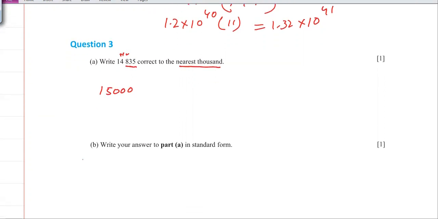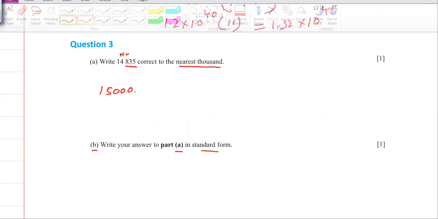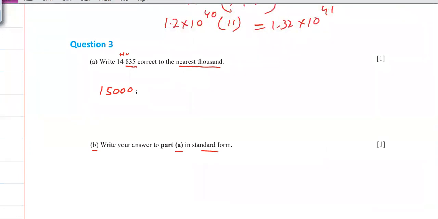Okay. And then part B is write your answer to part A in the standard form. Now, when we write in the standard form, what do we do? It should be in the form of a power of 10. Now, there is no decimal point visible here. When there is no decimal point visible, it means it's here. So from here, I have to shift it here, because always when we write in the standard form, the decimal point should be after the first non-zero digit. Okay, the decimal point should be after the first non-zero digit. So if I bring it from here to here, it will be